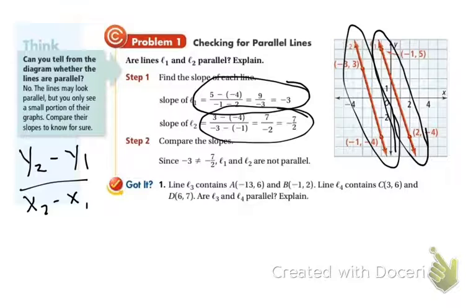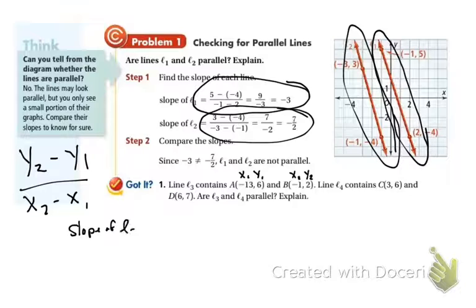I'm given 2 points that are on line L, and I'm given 2 points that are L3, and I'm given 2 points on L4, and they want to know are L3 and L4 parallel. So up here, I'm going to label x1, y1, x2, y2. So I'm going to find the slope